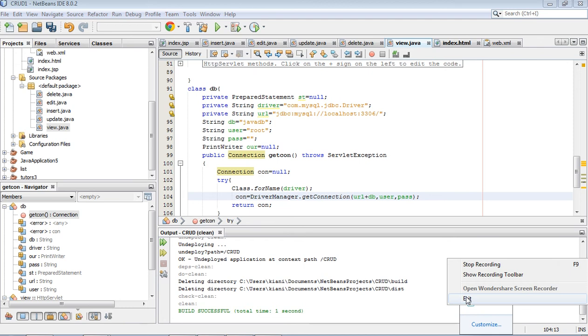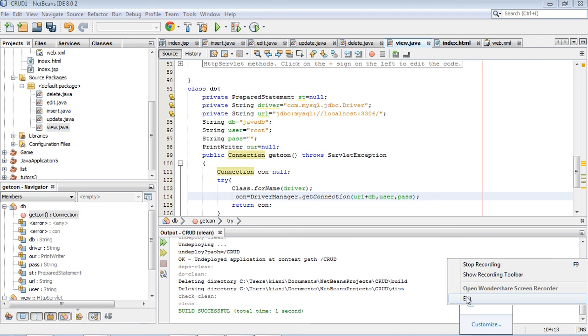Okay, we should write here Connection con is equal to null. Okay, and we should delete this to remove the error, right? Now there is no error, and we save it.